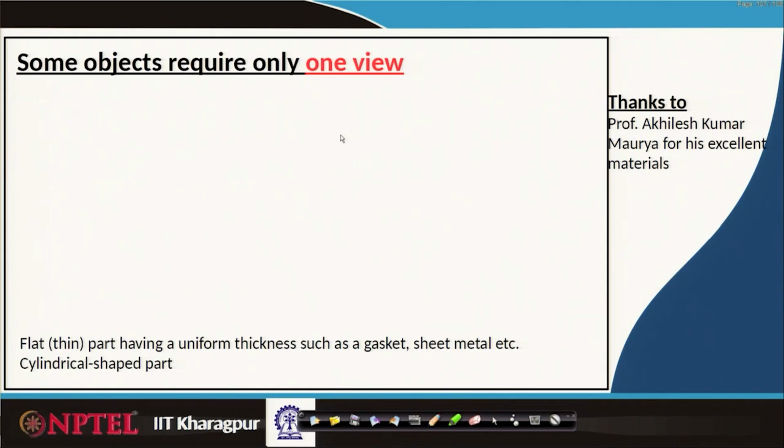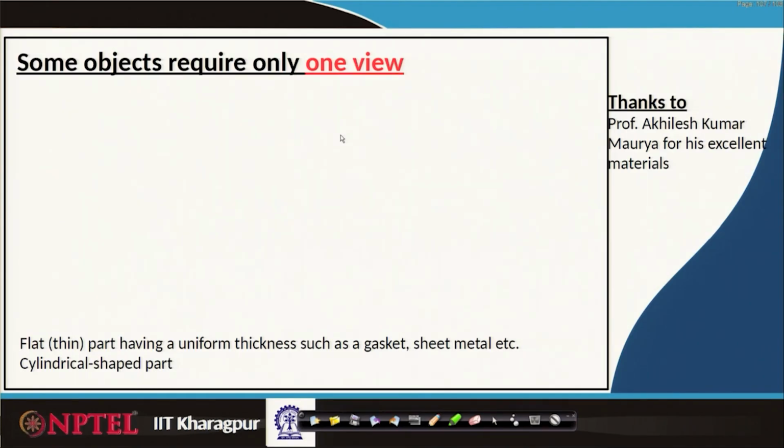In the last classes, we tried to have a feeling for what a vertical plane, a horizontal plane and a profile plane are, how an object in the first quadrant gives the projections, and how an object in the third quadrant gives the projections. There we tried to construct different views like vertical plane projections and horizontal plane projections, and also we tried to have a feeling for cylindrical objects, the